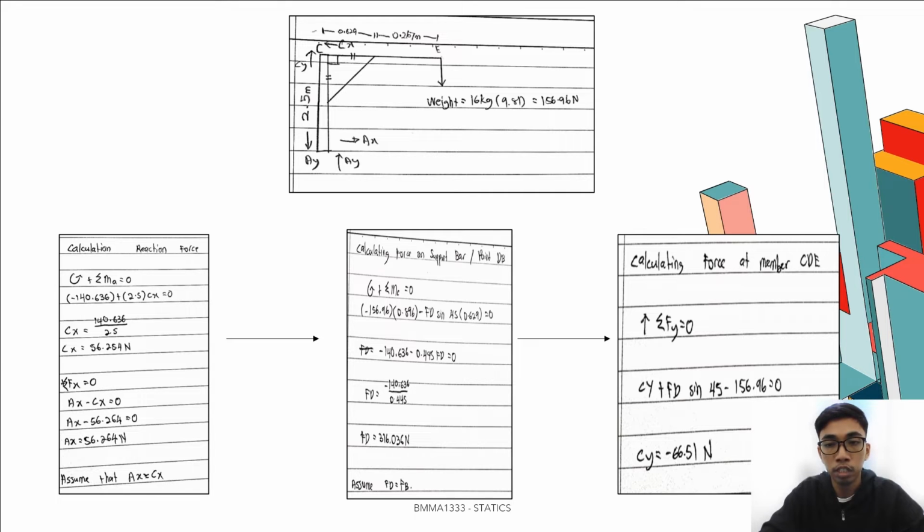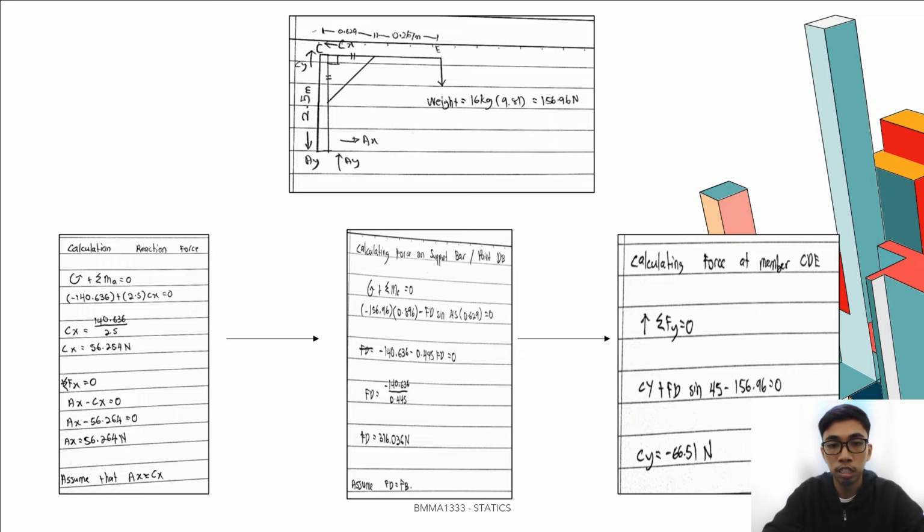We have to find the reaction force on the support bar, which we call point Dv, and the last is the distributed force on the load. First, to find the reaction force in this data, we use clockwise plus positive, clockwise plus, sum MA equal to